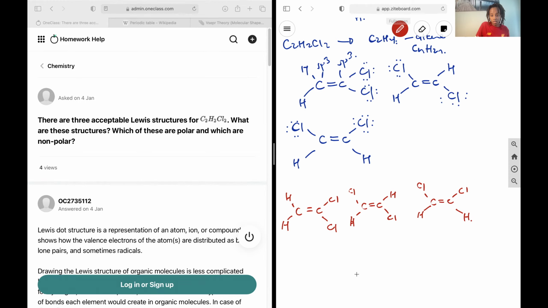And so now that we've drawn out the molecular geometry, let's see if the dipoles will cancel to determine which ones are polar and nonpolar. So in this case, we have this dipole pointing this way, this dipole pointing this way, this dipole pointing this way, and this dipole pointing this way. Again, chlorine is the more electronegative. Between carbon and hydrogen, carbon is the more electronegative. And then lastly, we will have